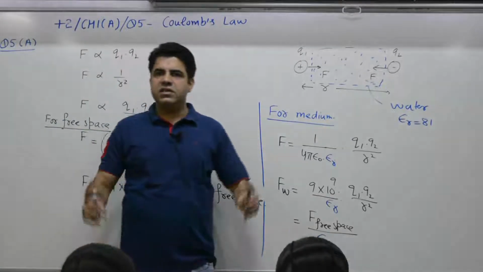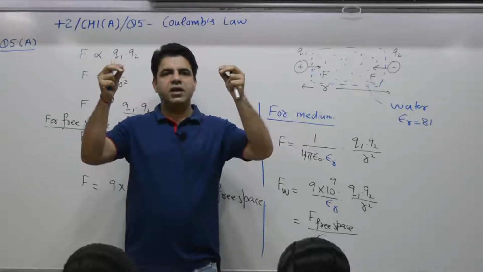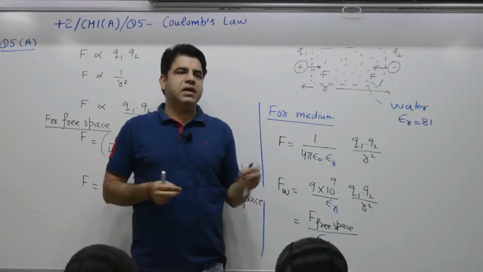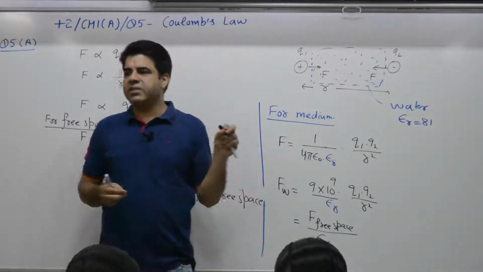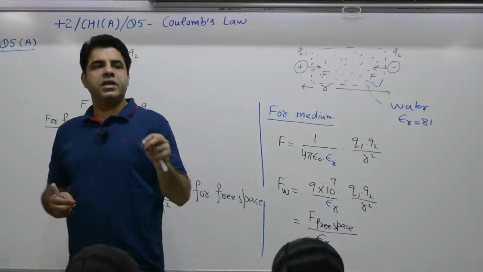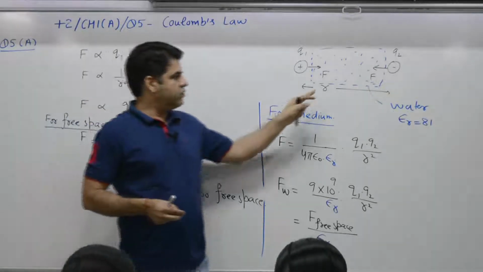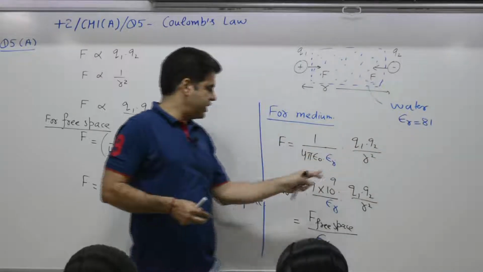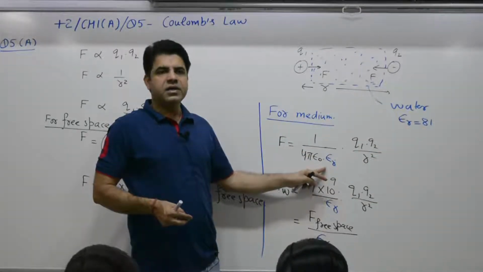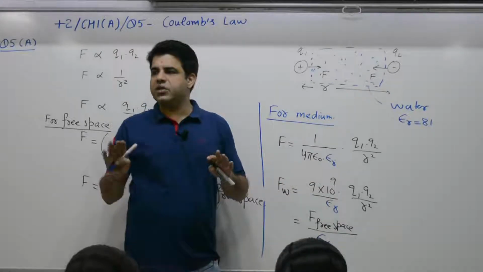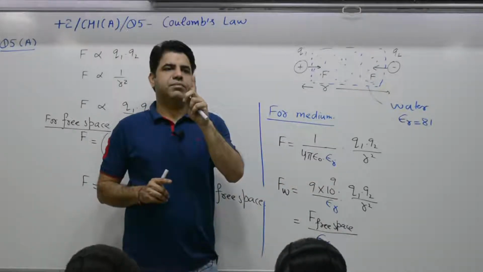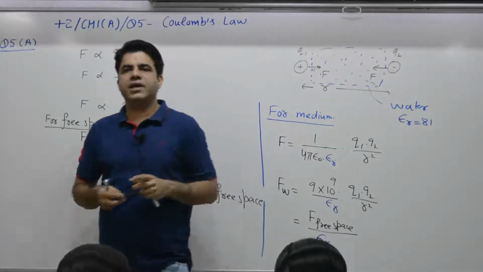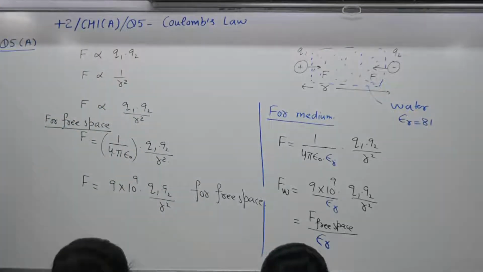In gravitation, if there are two masses, whether they are in air or in water, the force remains the same. But in electrostatics, electricity, magnetism, the property of the material is very important. That is why epsilon r is affected by the material, air or water, equal to 81. If nothing is mentioned in a given numerical, epsilon r is equal to 1, which means you are performing the experiment in free space, or you can say in air. Time with you is 3 minutes to write.